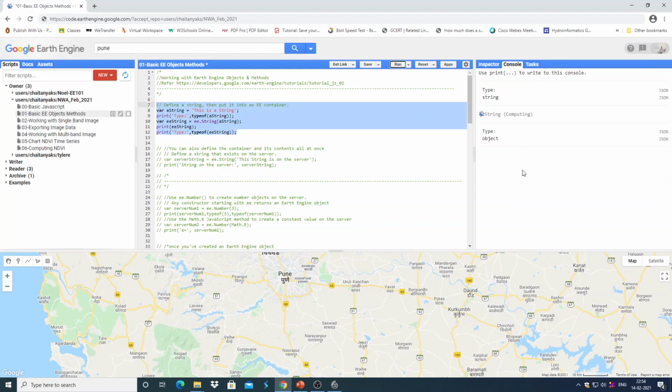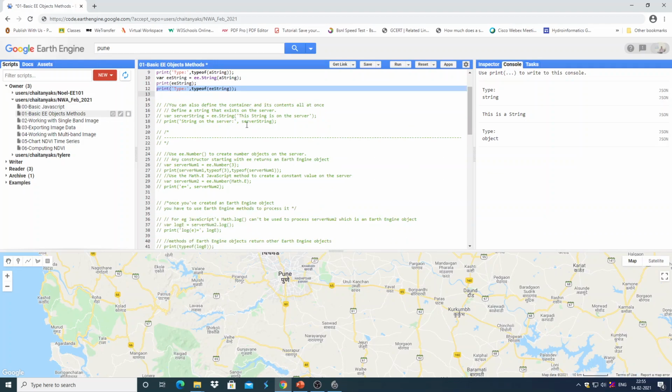If you execute it, the first print statement gives the type of the string, which is string, and the second print statement prints the EE string, whose value is 'this is a string'. Though the value stored is the same in the string and the EE string, the type is different. The type of the EE string is printed as an object. It is nothing but a string object, an Earth Engine string object.